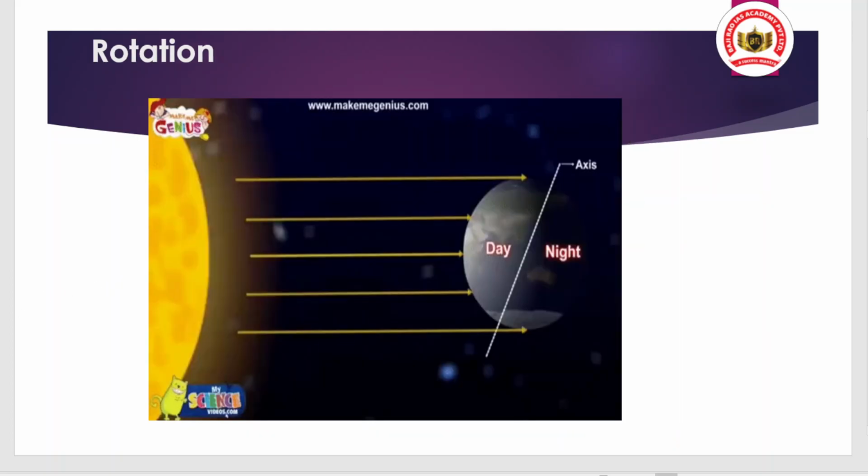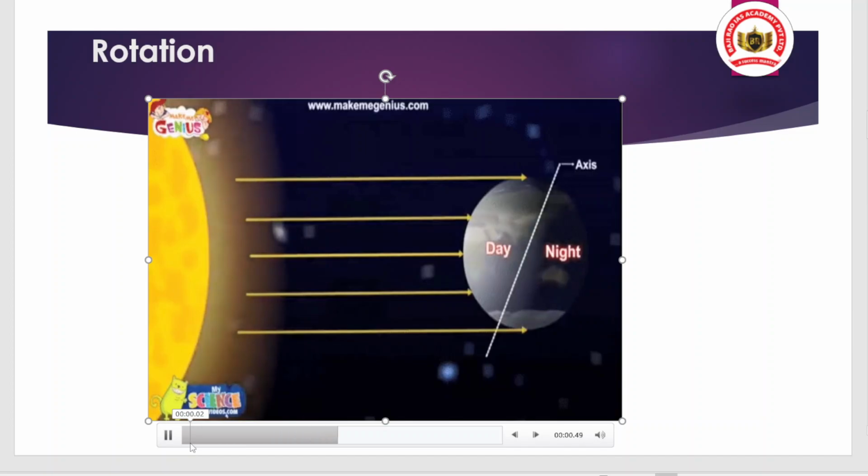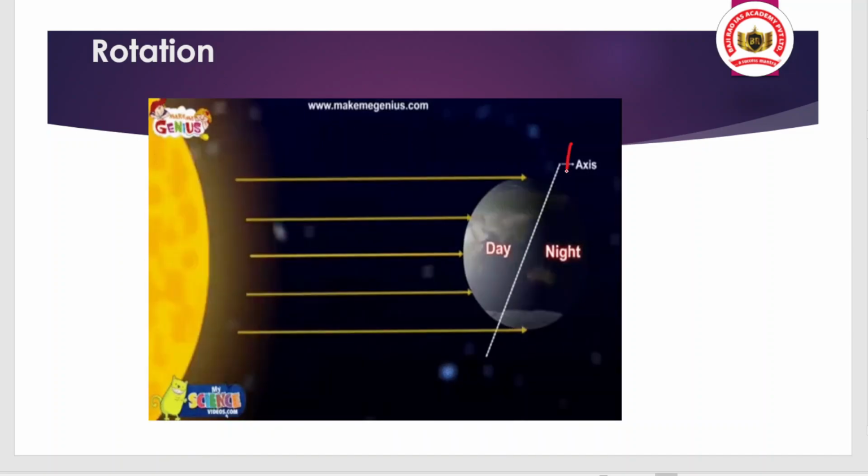And when we talk about rotation, you should also understand that along with revolution, the Earth also rotates around its axis. How does it rotate? You can understand from this animation that the Earth is rotating around its axis, and because of that we have day and night. So in terms of day and night, the rotation is responsible, but when it comes to variation in day and night along with change in the season, then you have to understand that there is a factor like revolution, but not only revolution, but revolution around the tilted axis.